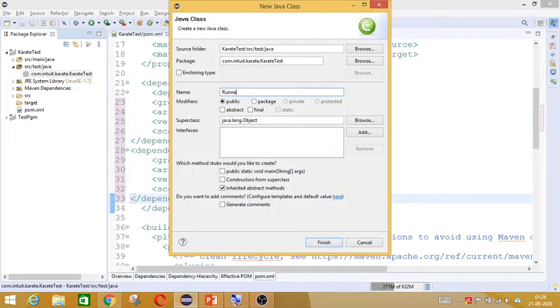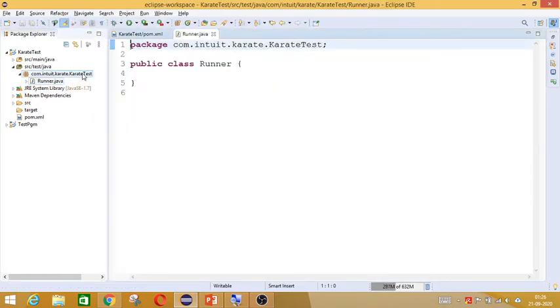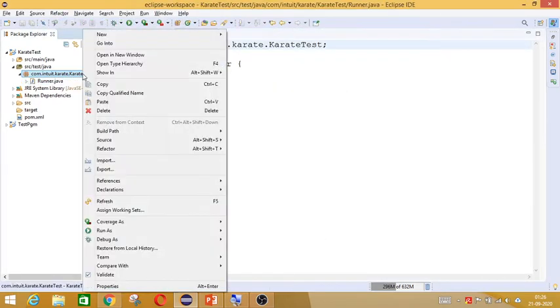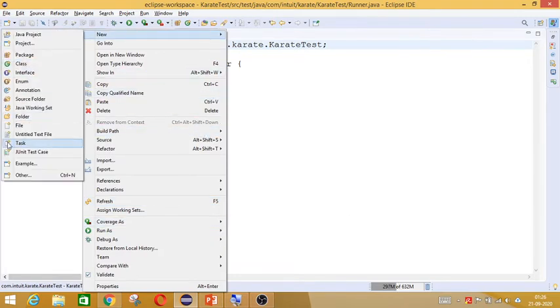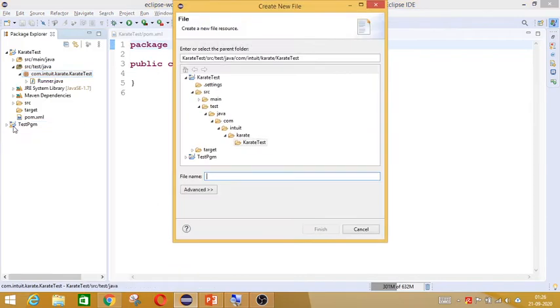Here we give Runner.java. You give finish here, then again right click, we will create a feature file. For a feature file there is no specific type, so select something called file, and let us give the name user details. We are going to pull certain user details, so just give userdetails.feature, and we'll give finish here.